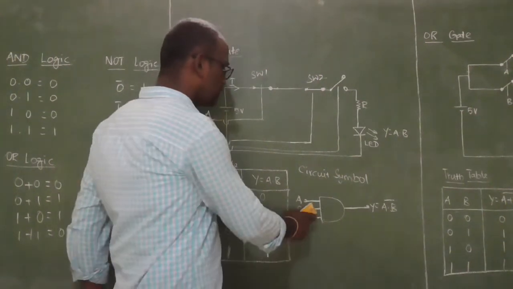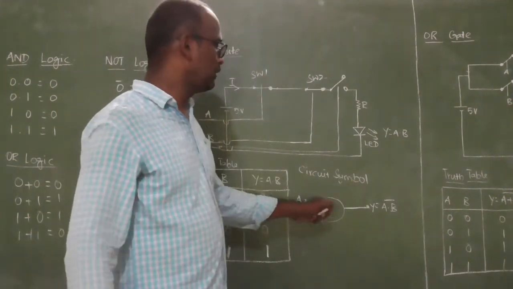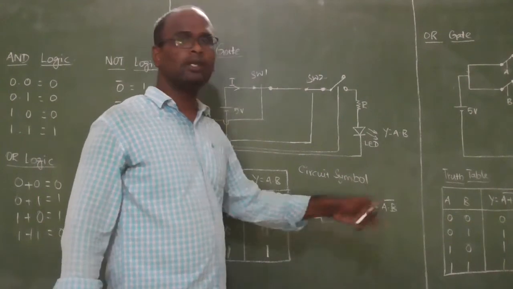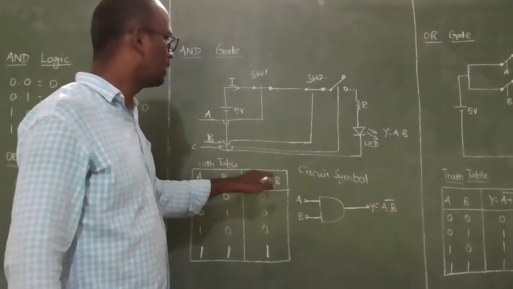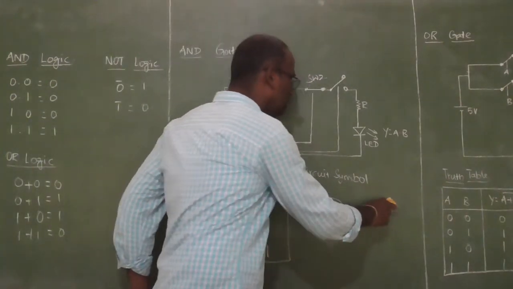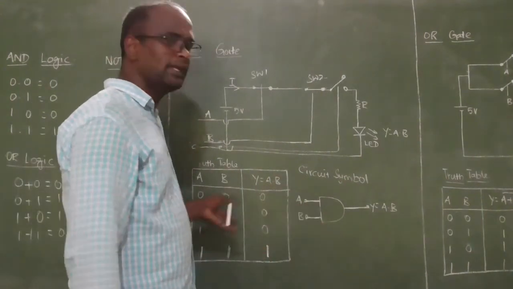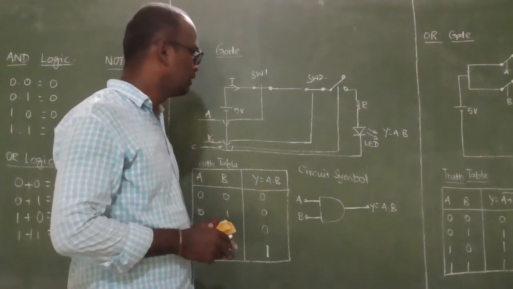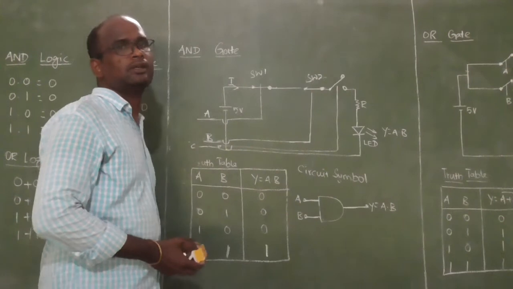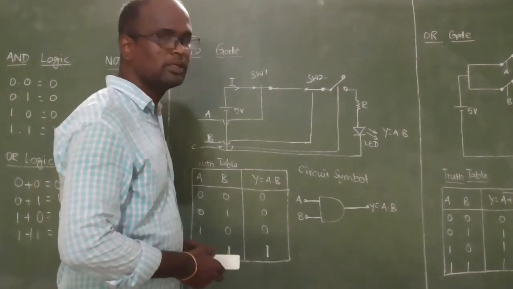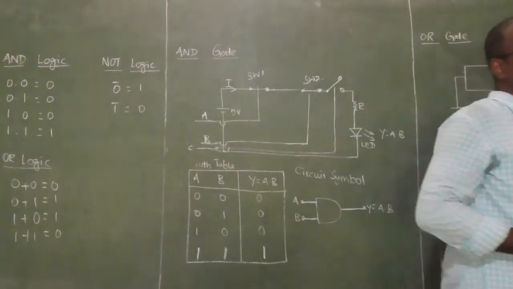But the most familiar structure of logic gates to understand theoretically means 2 input AND gates, and there is the logical expression for the AND gate, A dot B. So the output logical expression for the AND gate is Y is equal to A dot B. Here the output is named as Y because Y means yield. Okay, understand? So next we are moving to OR gate.